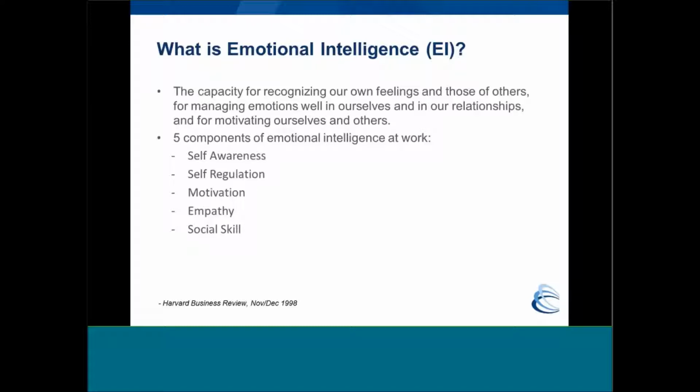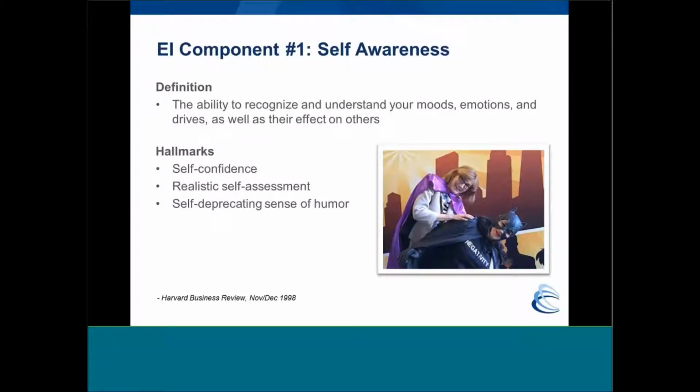So those 5 components are self-awareness, self-regulation, motivation, empathy, and social skills. I think all of us could agree that these are 5 very important components of what we do daily, maybe sometimes minute to minute, as we take care of patients, we interact with each other, and we participate in the ultimate team sport called the delivery of health care. So let's talk about EI. And yes, I did pull that little picture from when we did our superheroes conference not too long ago.